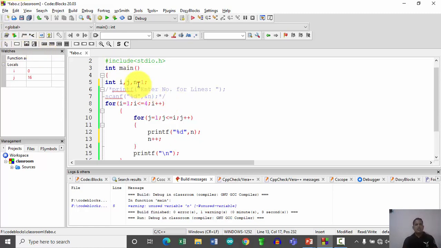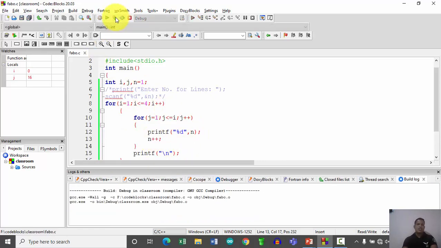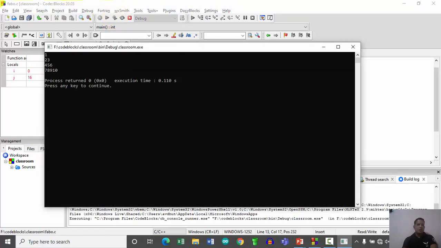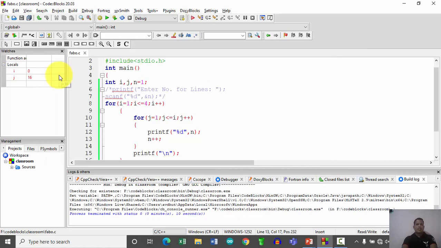Initially for the first iteration, n is 1, 1 is displayed, now it is 2, then for the next iteration 2 3. Just cross check it here: 1 2 3 4 5 6 7 8 9 10. So in this way I am going to get this total output here, right? So we can customize this program in any way as per the requirement.